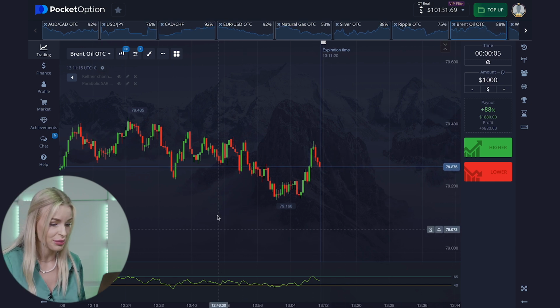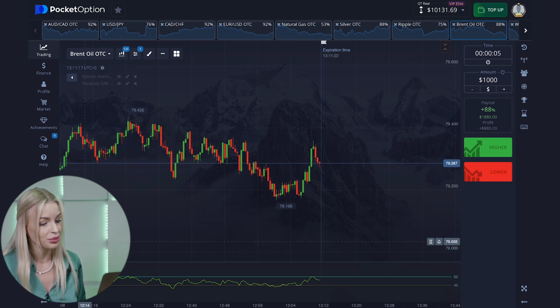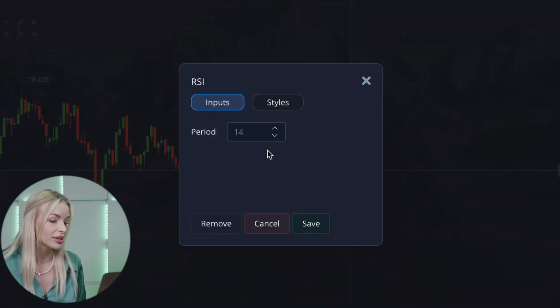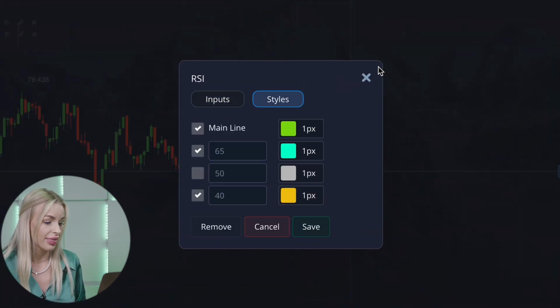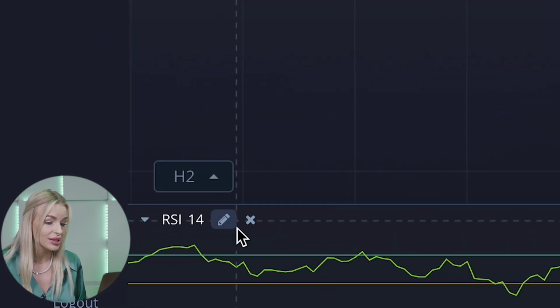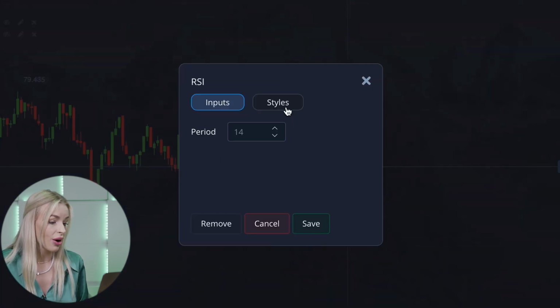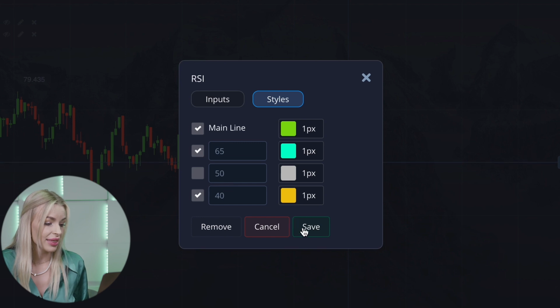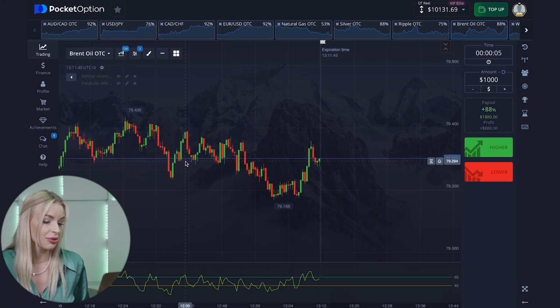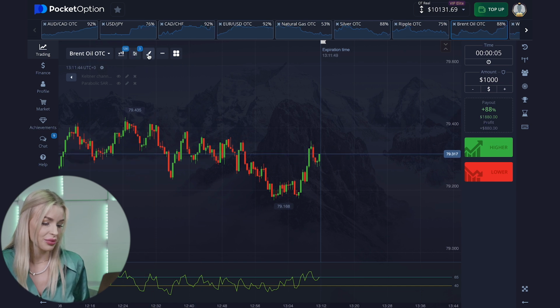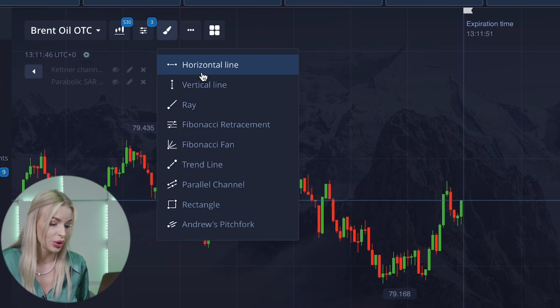Let's choose a good currency pair. This one looks quite promising to me. Let's set a 30-second time frame and configure the indicator to see it better. The chart shows that the sideways movement has recently stopped and the market trend is downward. Let's find the RSI indicator on the panel. Let's set it up as I explained earlier. Lower the period to 5 and set the upper and lower limits at 65 and 40 accordingly. Let's set the resistance and support lines. The indicator is ready to use.